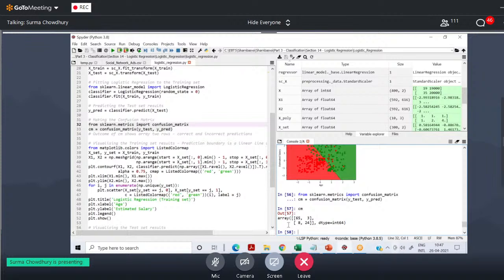Okay, so we have covered logistic regression. Now we will go to the next one, decision tree, and